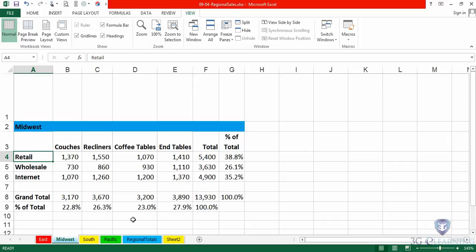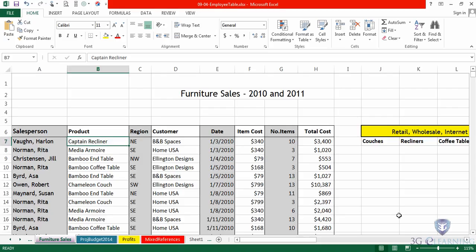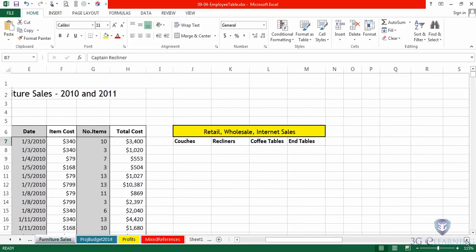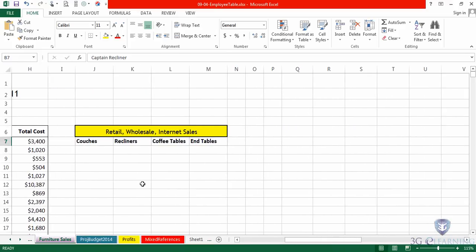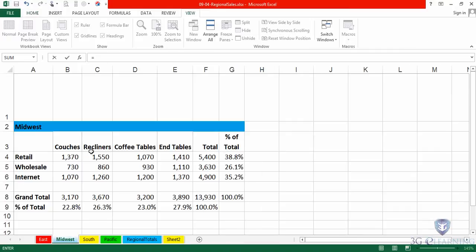You may need to get information by way of formulas from different workbooks. So we'll press Control Tab and go to the other workbook. In column J on the Furniture Sales sheet, we want to get data from the other workbook. You want the Coach's total from the other workbook, so press equal and press Control Tab to get to the other workbook. We need to go to the East sheet and pick up the Coach's total in cell B8 and